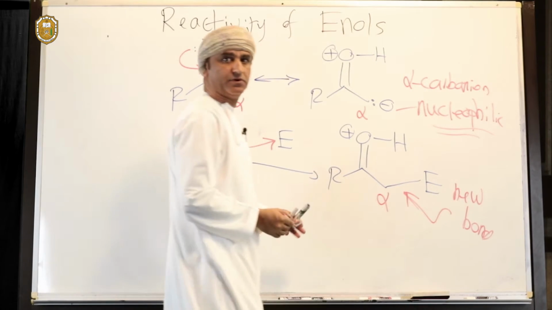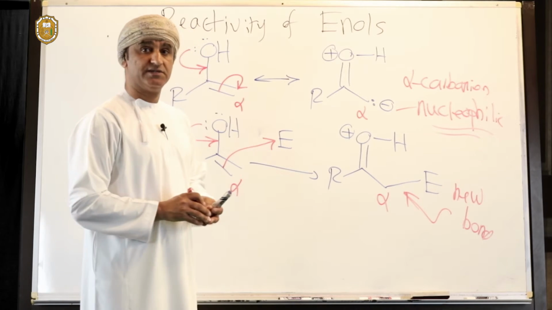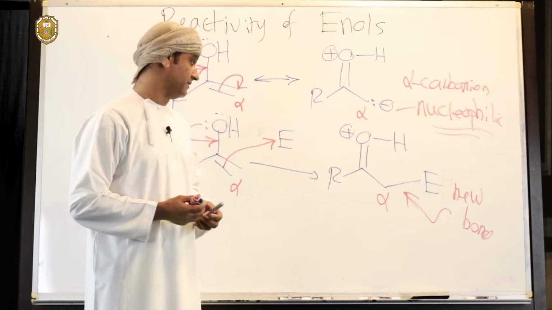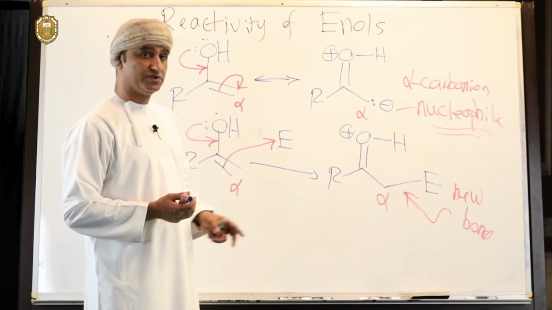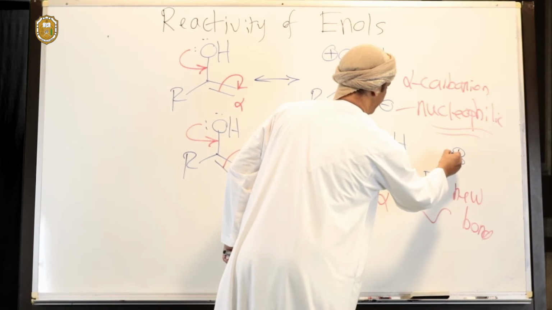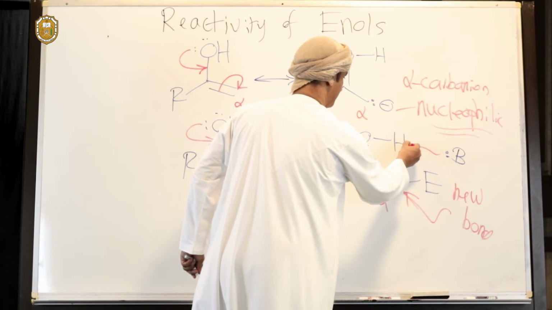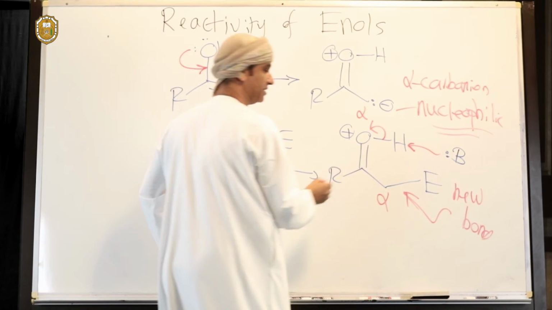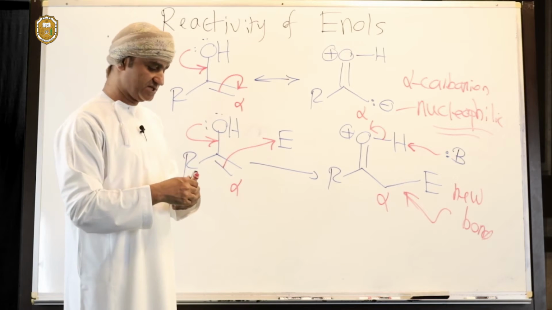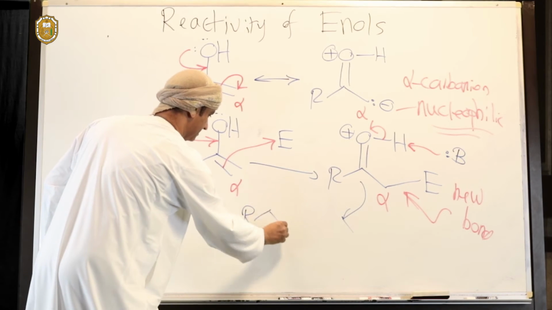It could be a new C-C bond if the electrophile is an alkyl halide. It could be a new C-C bond if the electrophile is another organic electrophile, such as an aldehyde or a ketone or a carboxylic acid derivative. Now, this intermediate can lose a proton to a conjugate base, B, a general symbol for a base. The base can come and take off that hydrogen, breaking the hydrogen-oxygen bond, releasing electrons onto the positively charged oxygen. So the final product is this one,